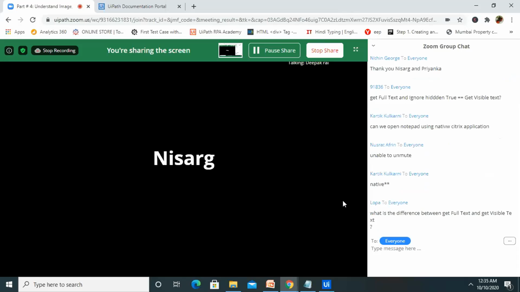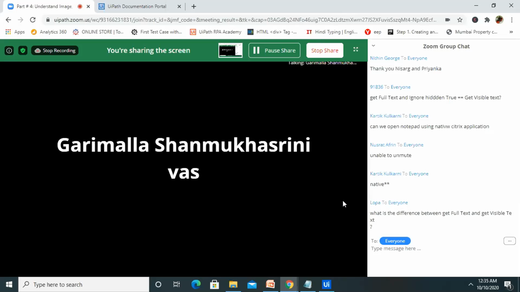Otherwise, if that application is not available on the desktop, we have to search for it from the Windows tab. Over there, at the bottom left corner, there is a menu option available where we can search for any application by name.